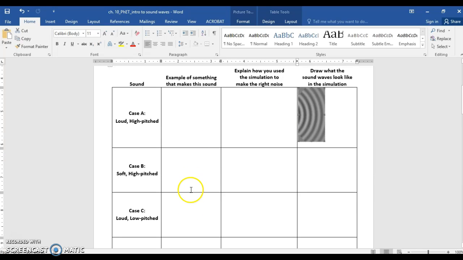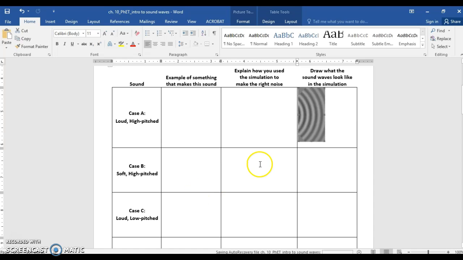And then, just creatively from your own experiences in life, what is something in your life that would make a sound like the one you hear? So once you hear the sound, what does it make you think about? And then you type it in here. Maybe a dog barking, or an alarm clock, or a siren that you've heard from a police car or an